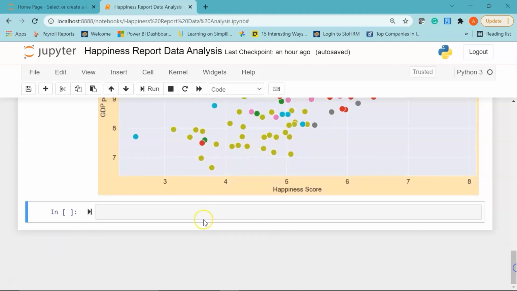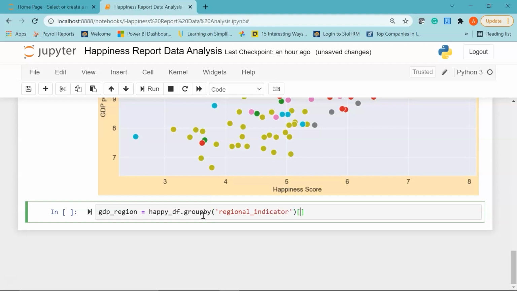So for that I'll create a variable GDP_region equal to, we'll use our data frame, that is happy_df.groupby, and after that I'm going to use my column, that is region. So we have named the column as regional_indicator, so I'm going to group it by this region column,